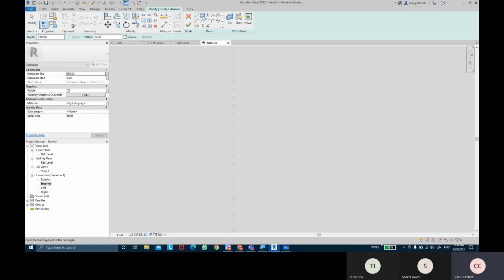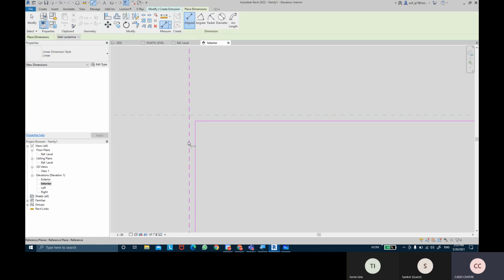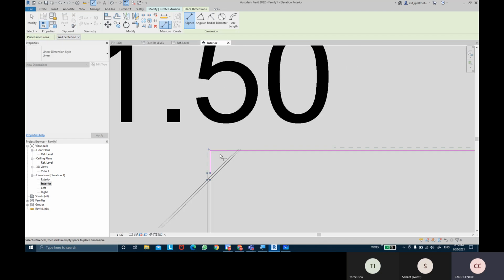But before I create a rectangle shape, I'm going to give an offset distance. So let's say I'm going to give 1 mm or 1.5 mm of offset space, and I'm going to use the spacebar to flip it to the internal direction. And I'm going to create all the way till this end point here. You can see there is a space between that reference plane and this sketch line. And I can also give dimensions. So I'm going to provide a dimension between the reference plane and the sketch line. It's like 1.5 mm.